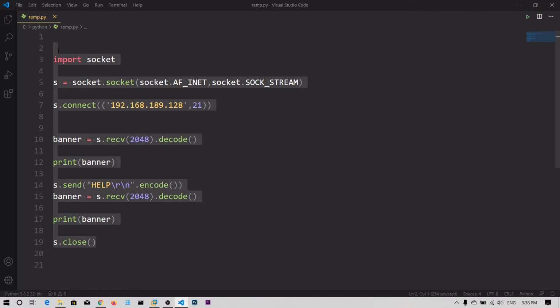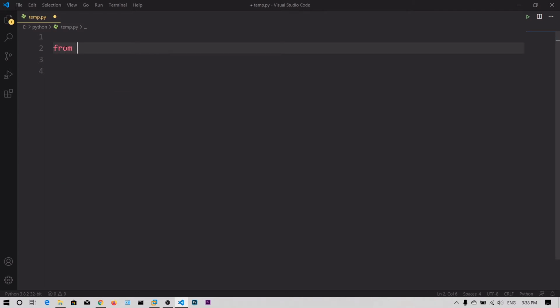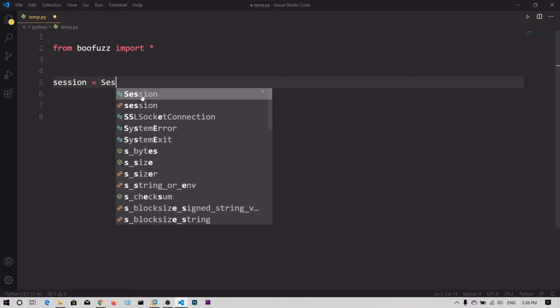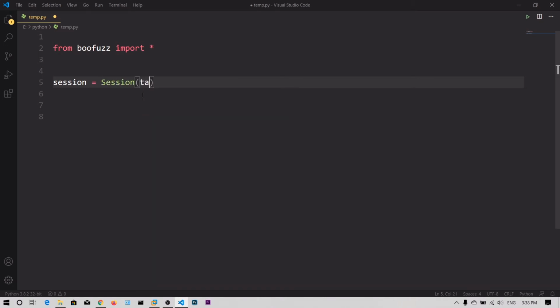So let's say from buffers import everything. Now we are going to create a session object, and target is equal to the target function.